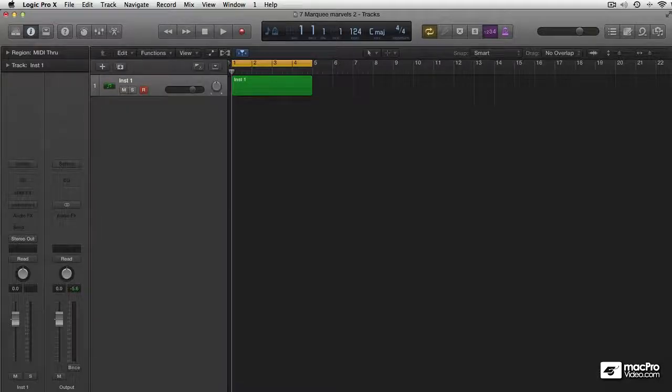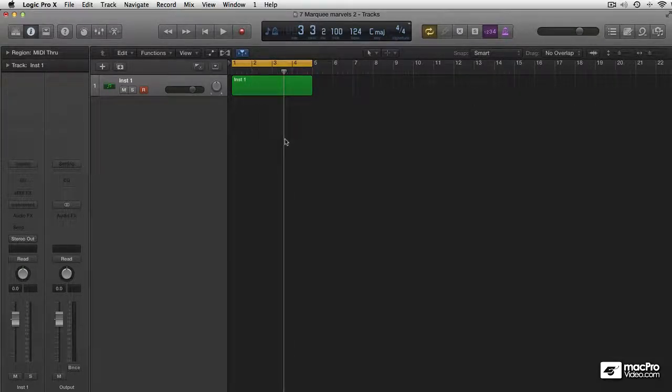Marquee tool is also great to tell Logic from where to start playback in your arrange. You know, sometimes you want to have a specific part of your arrangement played back. Let me just give you an example. If I place the marquee tool right here and click, this is where Logic will start playback. Or how about I only want to listen to this part and skip the surrounding areas. That is how this works.